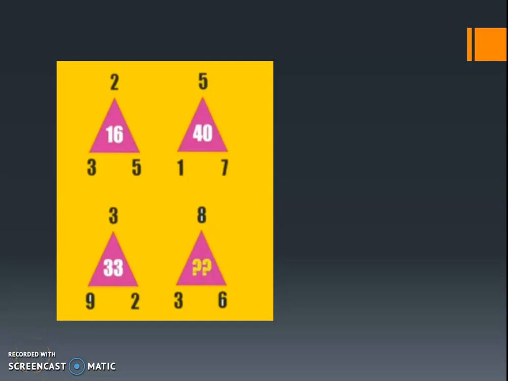So here we go for one more activity for you. Here, three different numbers were given, right? In the triangle, three different numbers were mentioned. Here, 2, 3, and 5 were mentioned, right? So based on these three numbers, whether you do addition or subtraction or multiplication, whatever you do, you have to get the value in between what is given. 16 was given, right? So you have to identify this value.